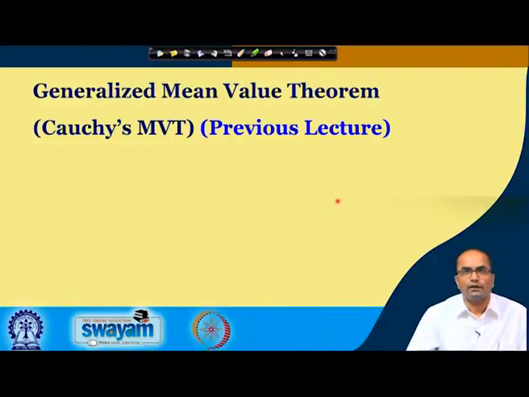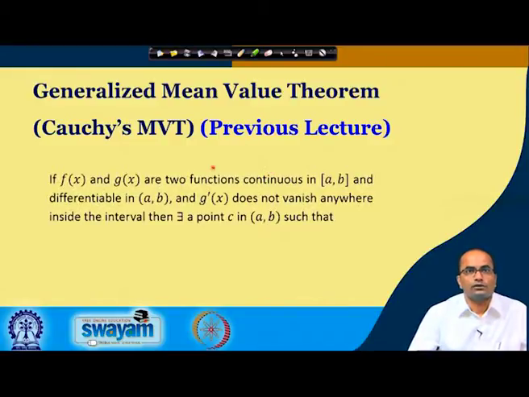Before I start on indeterminate forms, let me recall from the previous lecture the generalized mean value theorem, or the Cauchy mean value theorem. There we have seen that if there are two functions f and g continuous in the closed interval and differentiable in the open interval a b, and g prime, the derivative of g, does not vanish anywhere inside the interval, then